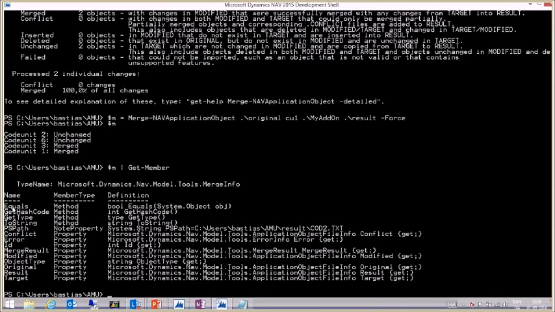So we see here some members that are inherited from objects, for instance, but most interestingly for this purpose is the target property, result property, the original property, and the modified property, which gives additional information about the 4 files involved in this merge, the 3 input files and 1 output file. And the type of these properties is in each case that of application object file info, and we can have a closer look at that by